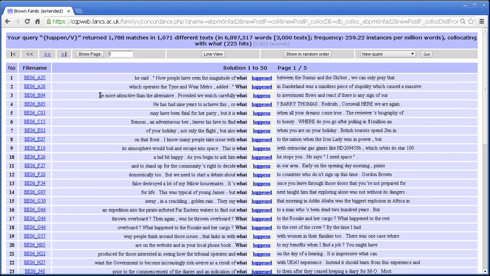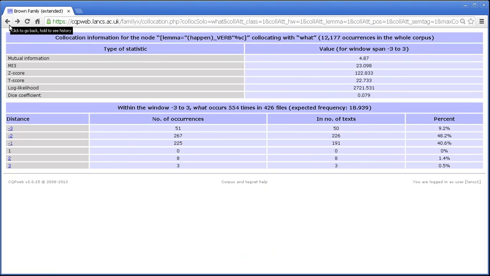I've done a separate tutorial on the concordance screen and separate tutorials on all of these things, so I shan't go through them again. Just note that this is possible. Any kind of analysis that you can do on any query can be done on one of these collocation thinned queries. However, let's not worry about that for the minute. Let's go back and let's try another one. Let's try